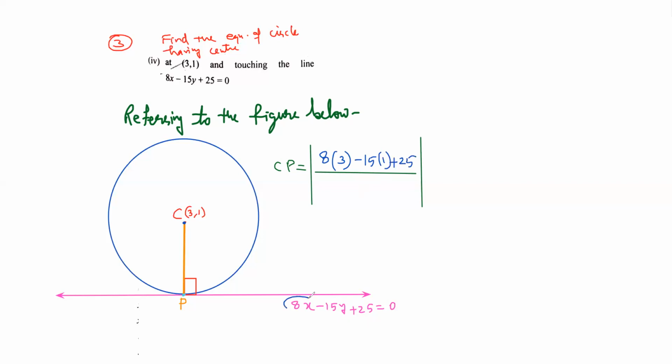You write the whole left-hand side in the numerator, and in place of x, write the x coordinate of the point, in place of y, write the y coordinate of the point, divided by square root of